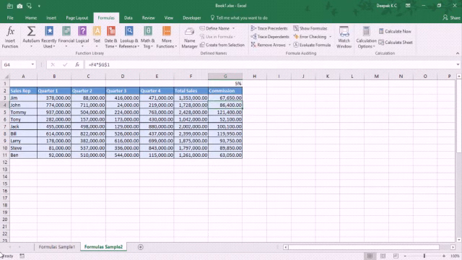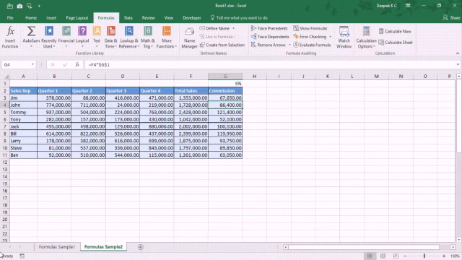So the next shortcut that we are going to look at is F9. Using F9 calculates all the worksheets in all the open workbooks if the calculation option is set to manual. The reason to set calculations to manual is when you have thousands of formulas across the workbook, each time you enter data, Excel would calculate the formulas and that's going to take quite some time. When you set it to manual, you can complete all the work and you can press F9 to calculate the